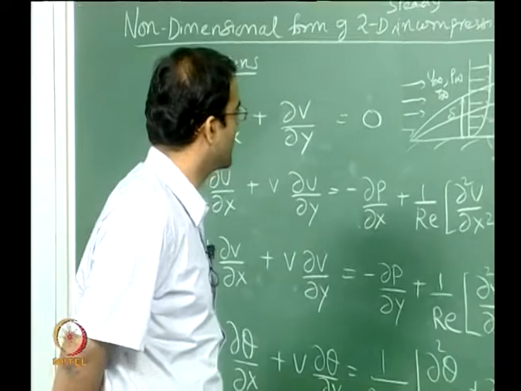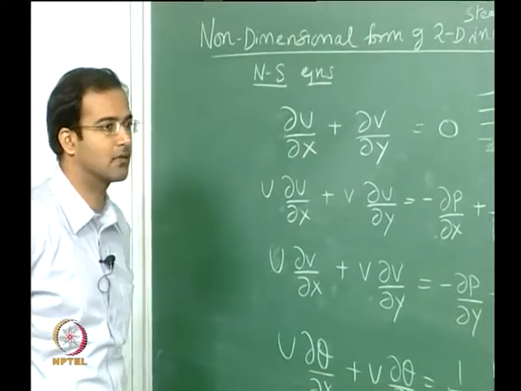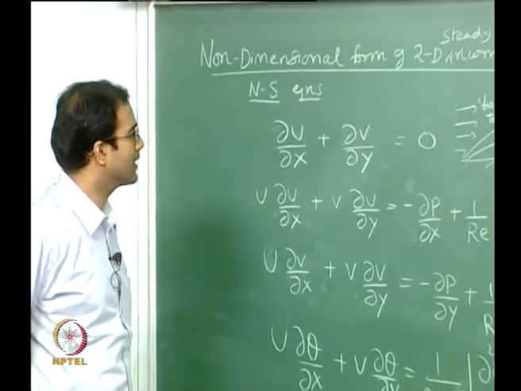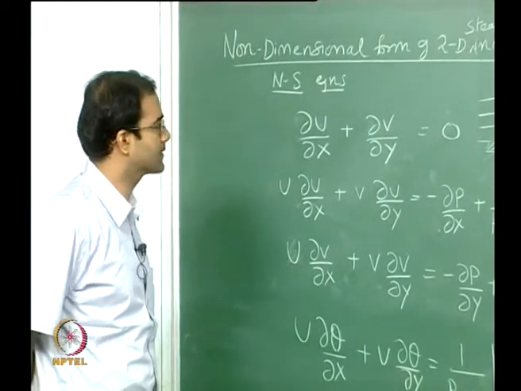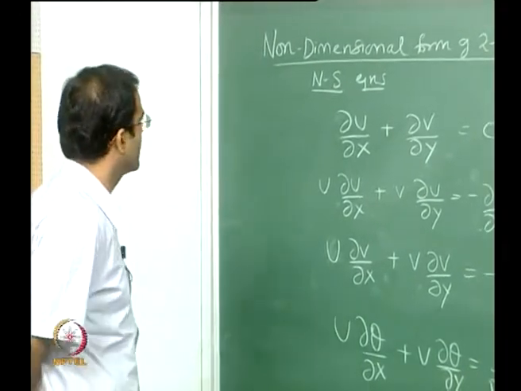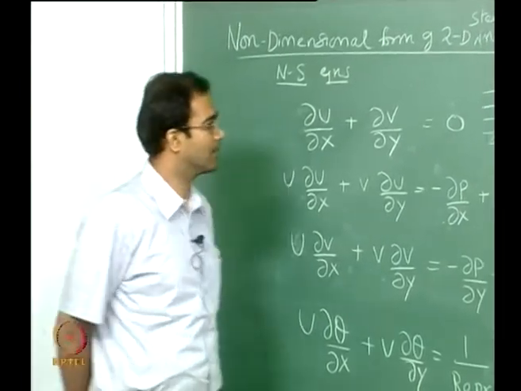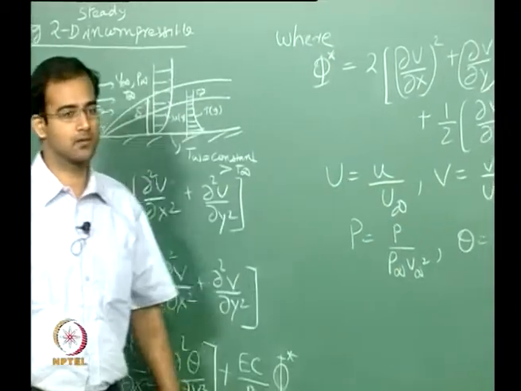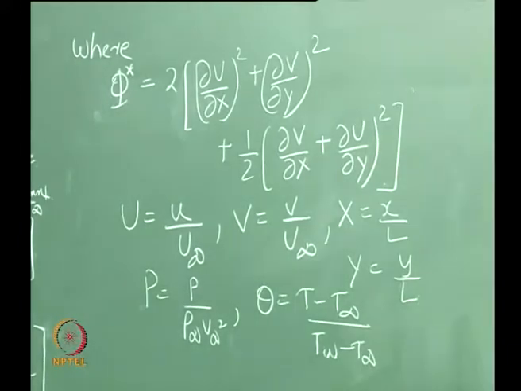So today we will continue on the derivation of the non-dimensional form of the Navier-Stokes equations. Particularly we are interested because, as I said before, the course deals mostly with two-dimensional incompressible flows. So in the last class I gave you the non-dimensional variables which we are putting into the dimensional Navier-Stokes equations, and if you plug in, I leave that as a nice exercise.